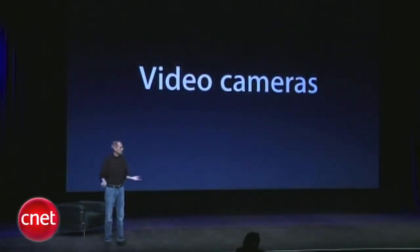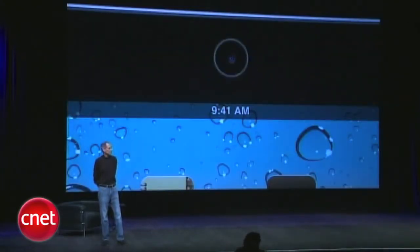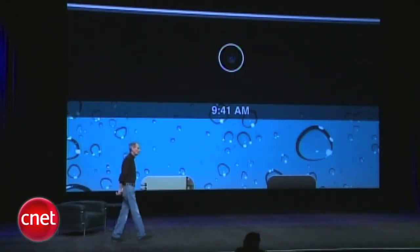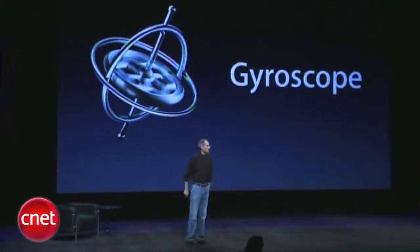Second, we've built in some cameras for video. We've got a rear camera out the back, and we've got a front-facing camera out the front. We'll talk more about that in a few minutes. We've also built in the gyroscope that we have in the iPhone and the iPod Touch. Now, having built in all of this stuff,